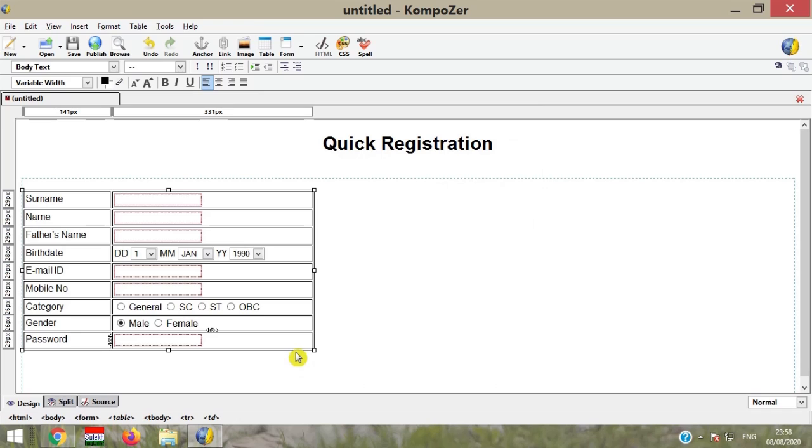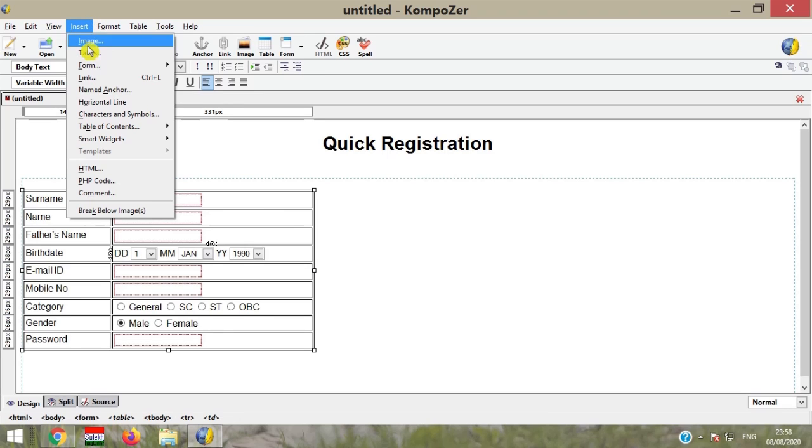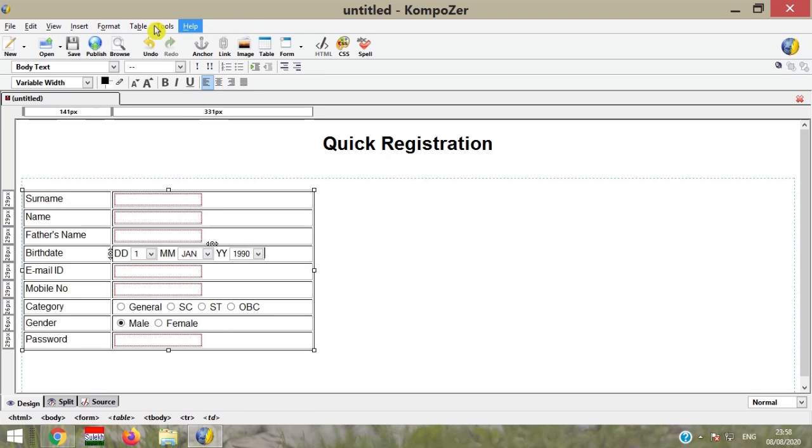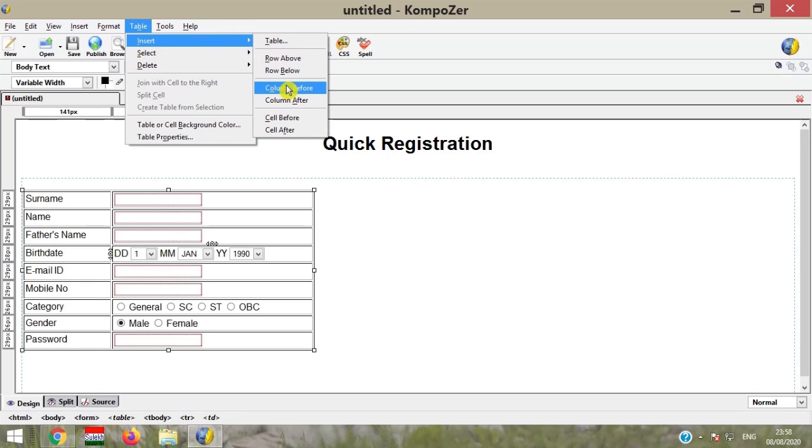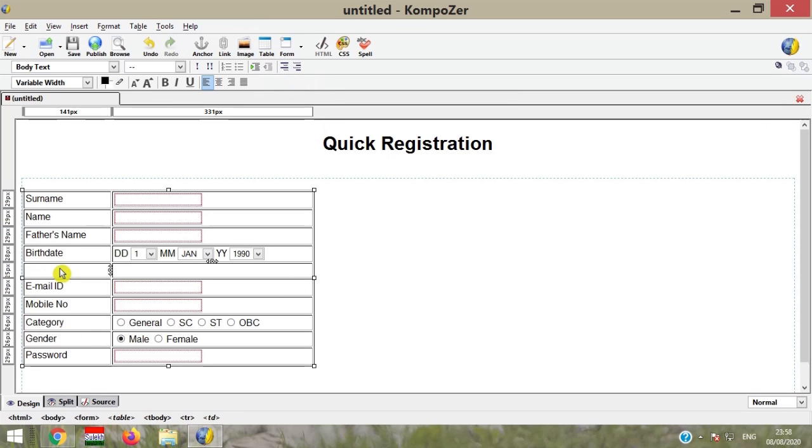Okay, now suppose here below the birth date I want to add one more line or row. Here I want to add address, and for address text area.